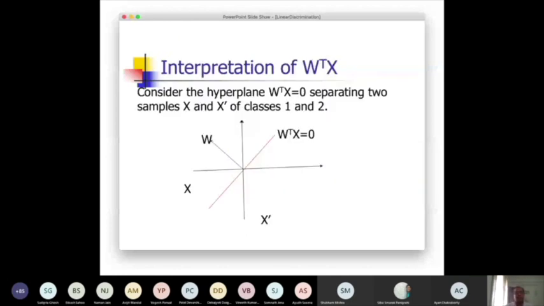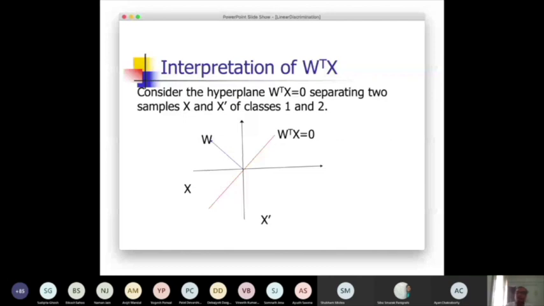So let us consider the interpretation of this. Now, since it has become linear, you can consider the hyperplane passing through the origin. Because of this simplification, the interpretation becomes much simpler. As you can see, W is geometrically a normal to the hyperplane, because any point lying on this hyperplane is orthogonal to W, and that is why W transpose X should be equal to 0. Do you agree? That is the property of W.